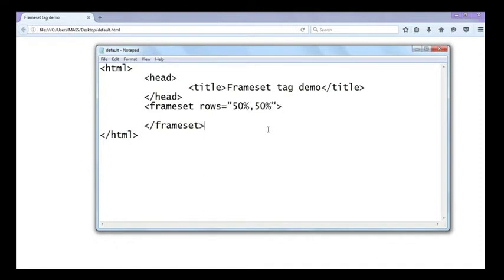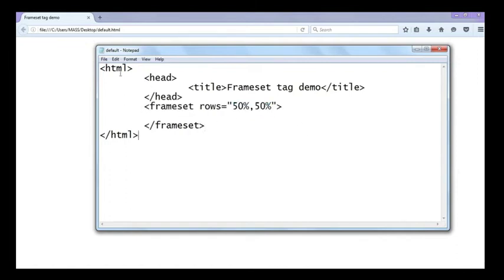That indicates I want to create two different sections of the body section. The first section height is going to be 50%. The second section height is going to be 50%. Because we are dividing the body section into two rows, they indicate height. If it is cols, then these values indicate the width of each section. Okay. And when we add these percentages, remember that the sum should be 100%.